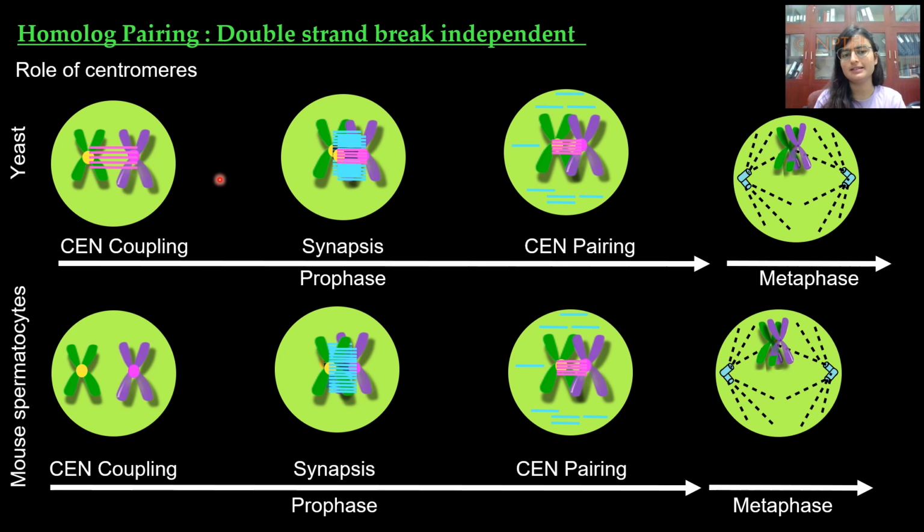Now you would wonder why this kind of process occurs. Inside a cell, where one homolog has to find another homolog in order to pair together, the centromeric coupling allows them to check transient interactions, and in case they find the correct homolog, this interaction is stabilized during synapsis and matured into pairing. So these transient interactions that occur long before actual synapsis make sure that the pairing process is made easier and the finding of the homolog is made correct.